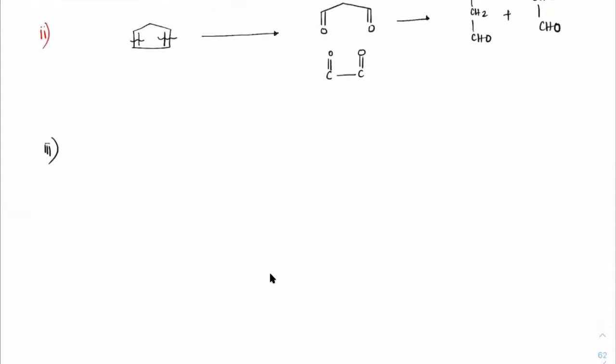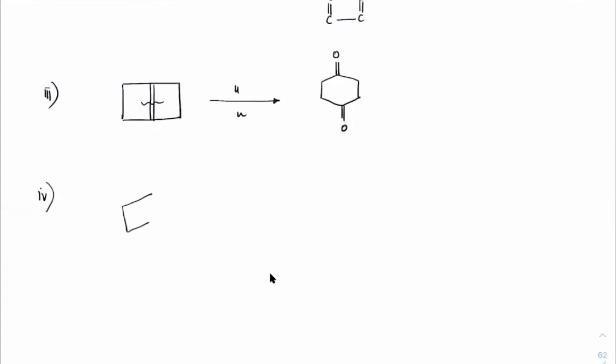Suppose the question is given this way, there is a double bond here, typically a double bond here, and the same ozonolysis is done. Same reductive ozonolysis. You break the bond here and introduce a double bond O. So what do we get? We get double bond O, double bond O. So that is the product formation.